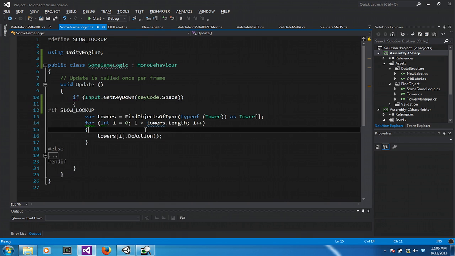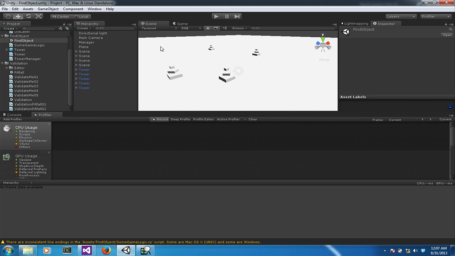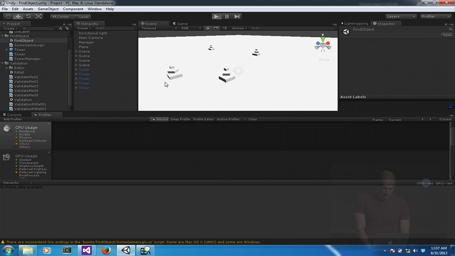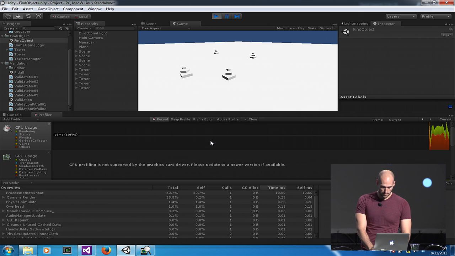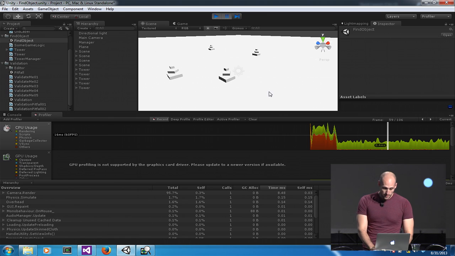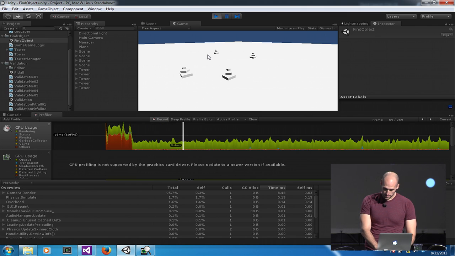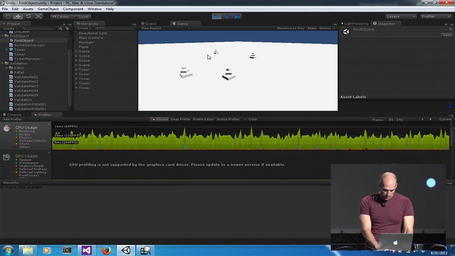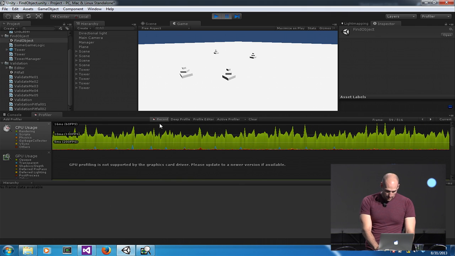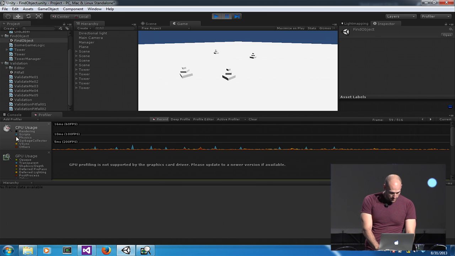Now, this is all well and good, and it actually works. But unfortunately, what you'll see is as we execute it, we will actually have spikes in the profiler. So we're now running. Every time I press the spacebar, you'll see that there's these small spikes. Now, they are relatively small compared to, say, the rendering, for example, but we can just turn some of the